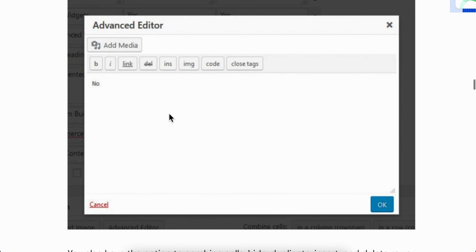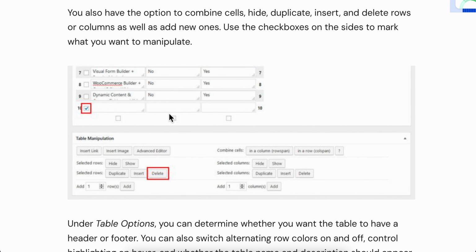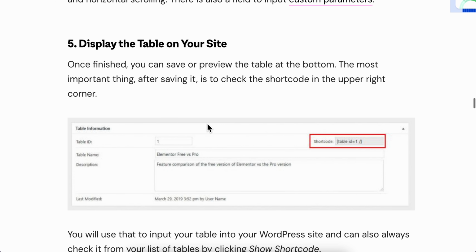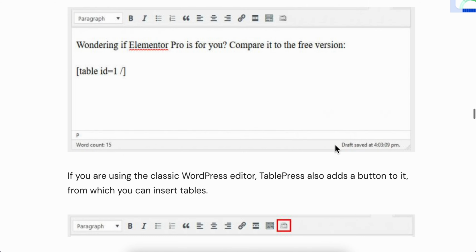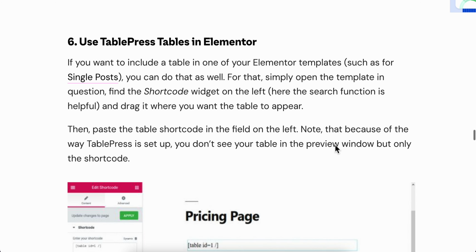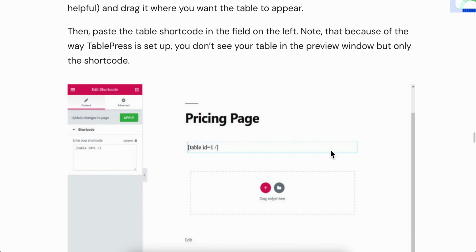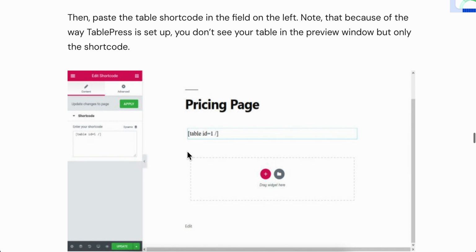And then here, as you can see, we're gonna have to get this shortcode. So you should have this on the Table Information section, and basically with this shortcode you're gonna have to go to Elementor, and then basically you're gonna have to simply add this shortcode